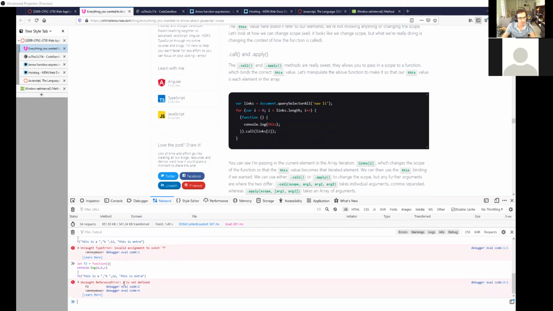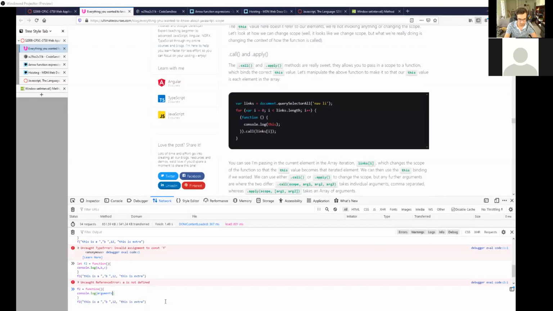All right, so reference A is not defined. We tried to console log A inside the function. A didn't exist in the function because we didn't declare any arguments. But let's redo this again. There's a special keyword inside functions called arguments. Arguments will always exist as long as you do this type of function. The special arguments keyword does not exist in arrow notation functions, but